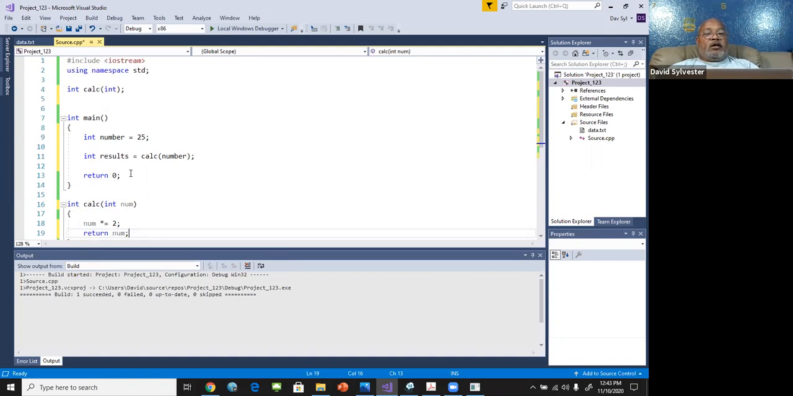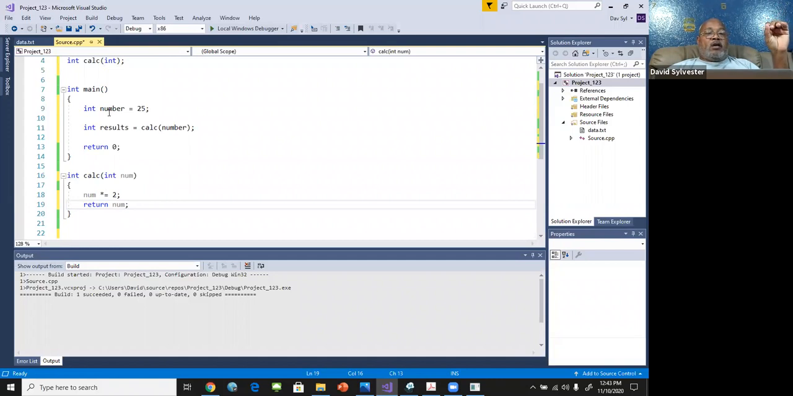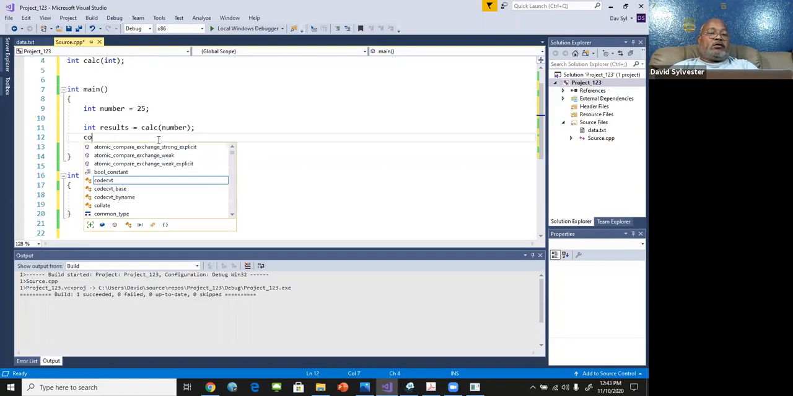So now look at this. I'm declaring a function, all right, function prototype, and passing an int, but I'm gonna return something, an int. Here, int number 25, all right, then int results. Whatever this function returns will be stored in a variable called results. And then in here, I could say, see how,